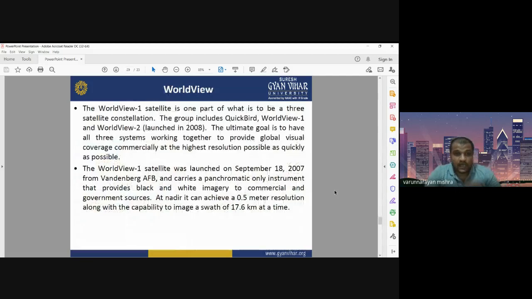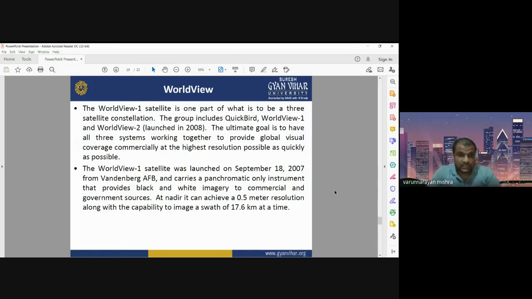Another high resolution satellite available in the market is WorldView. WorldView also has a series of satellites: WorldView 1, WorldView 2, and WorldView 3. WorldView 1 is one of a three satellite constellation.